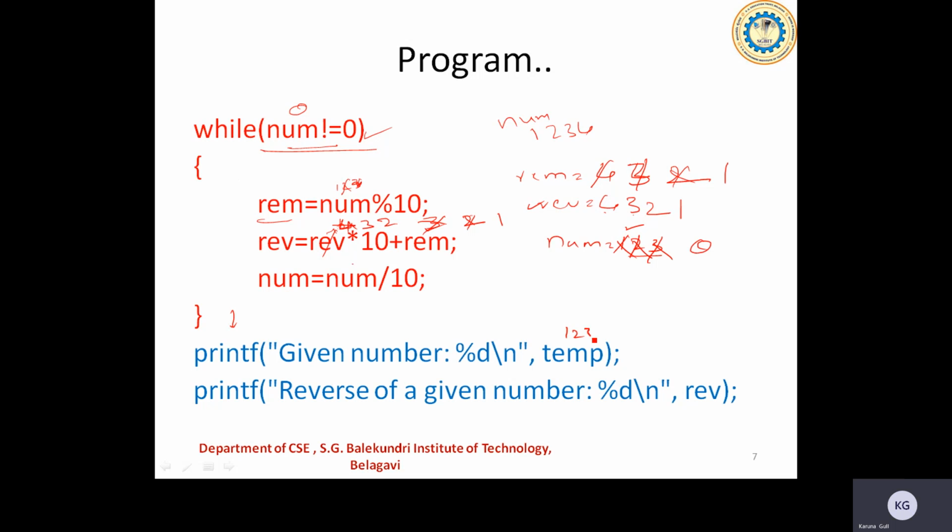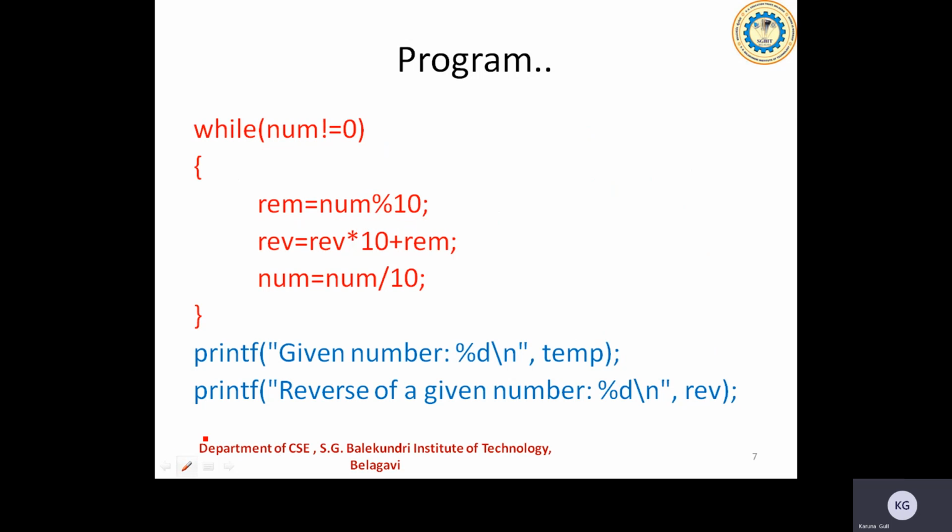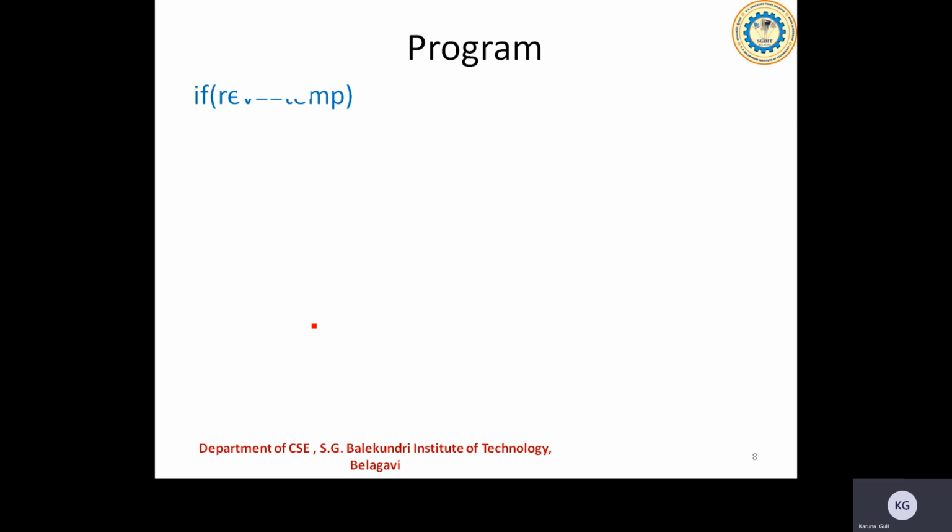So once you check, the given number is 1, 2, 3, 4. The reverse number, if you look at it, is 4321. Right? Now you are going to cross verify these two, whether this number is equivalent to this number or not. If both are equal, then I say it's a palindrome. If they are not equal, I'll say it's not a palindrome. This is how the inner loop, or the while loop, is going to work there.